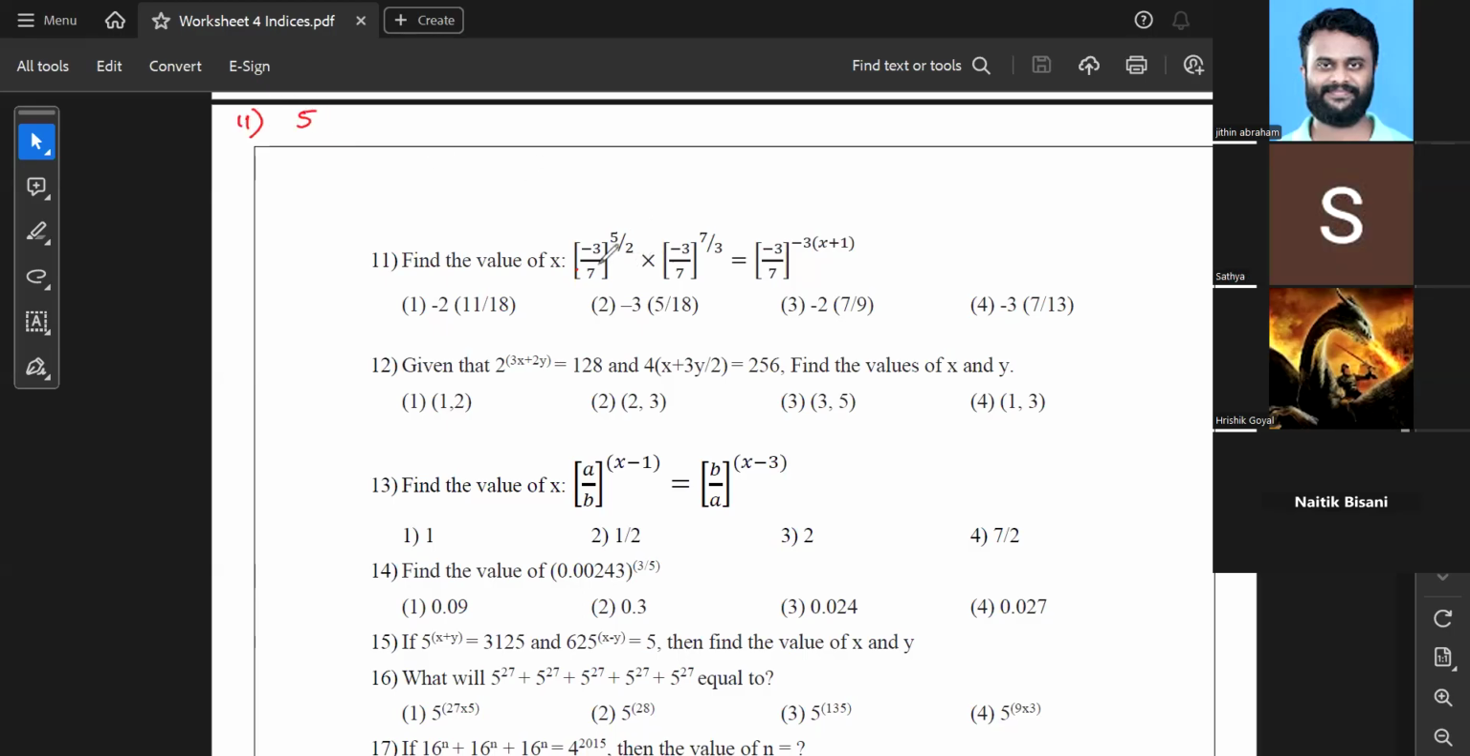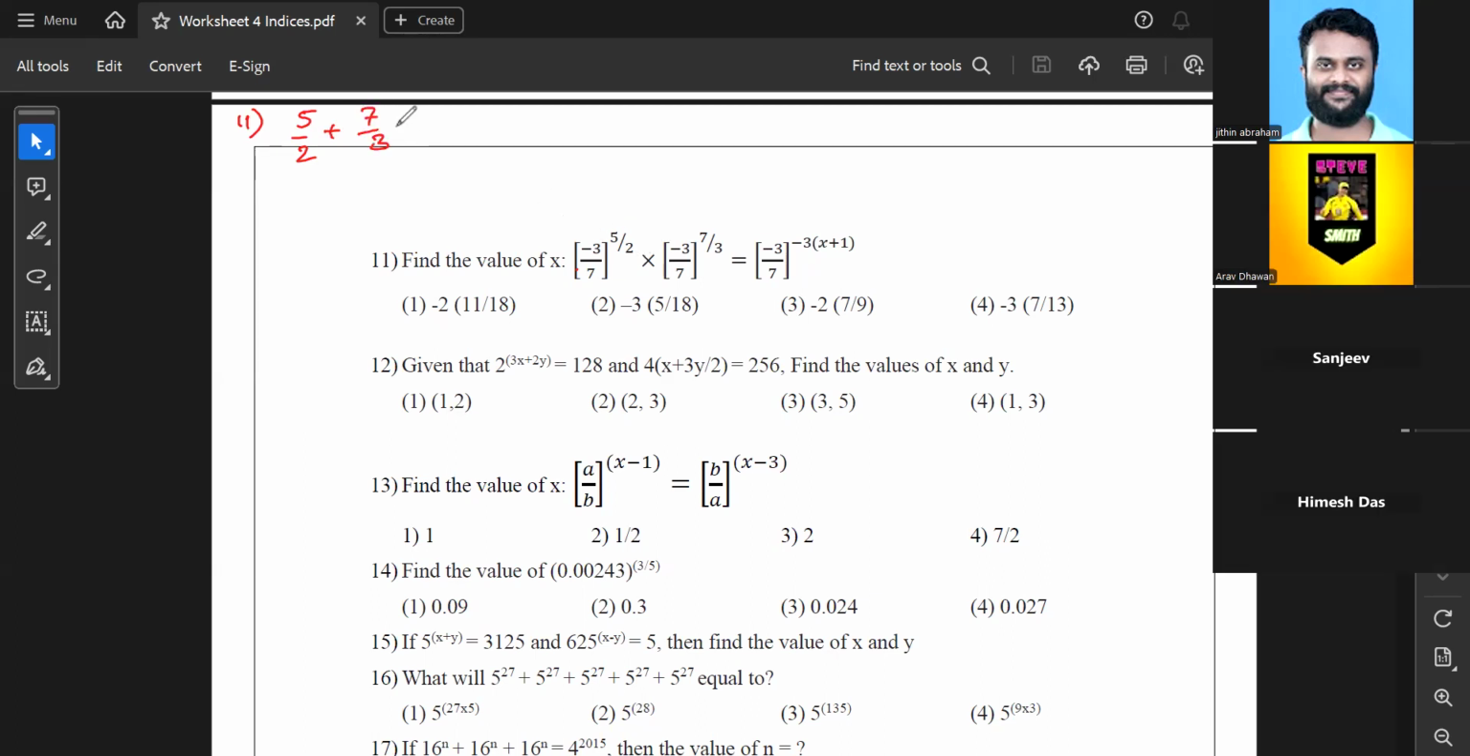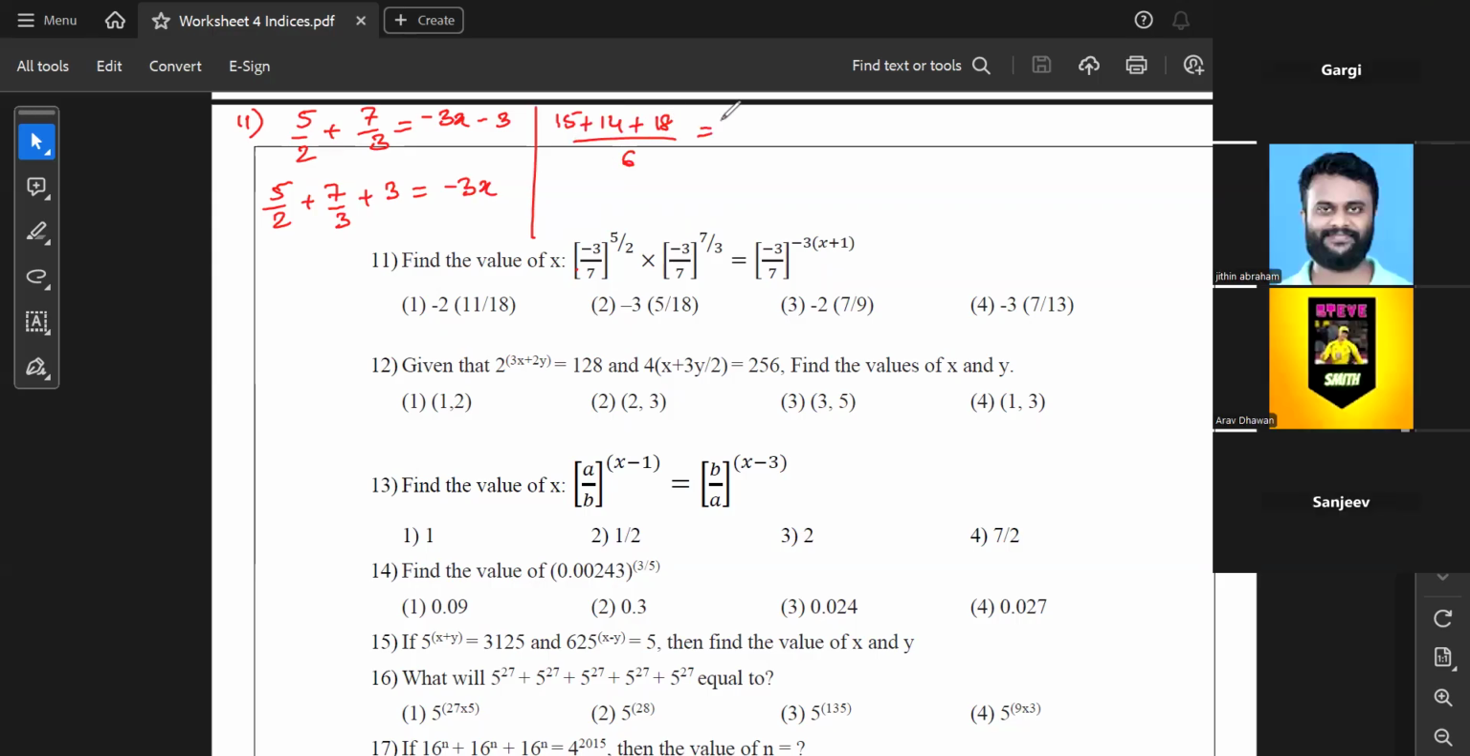So my dear child, the base is the same, so I'll directly solve the index. 5 by 2 multiplication, plus 7 by 3, is equal to minus 3x minus 3. So I take minus 3 to this side. That gives me 5 by 2 plus 7 by 3 plus 3 is equal to minus 3x. When I take the LCM, I'll get 15 plus 14 plus 18 upon 6 is equal to